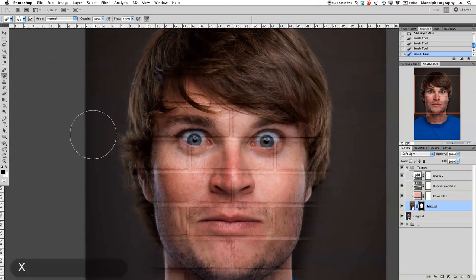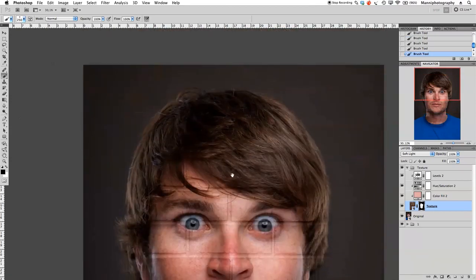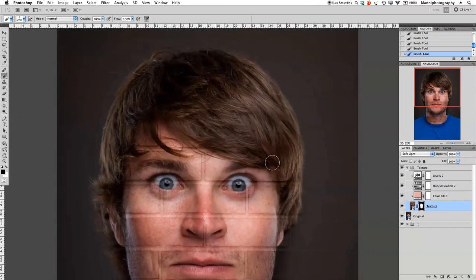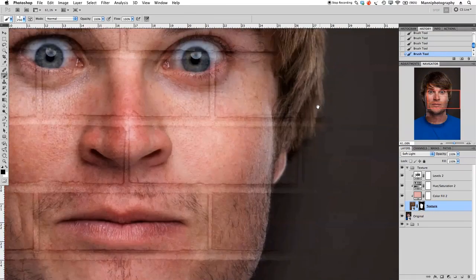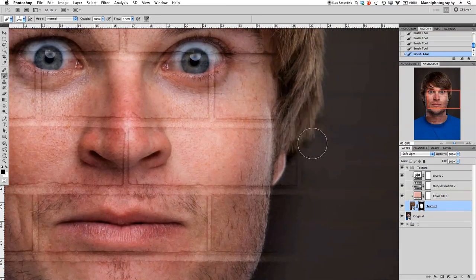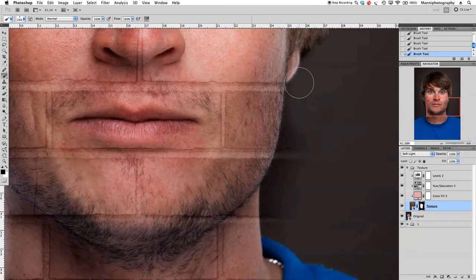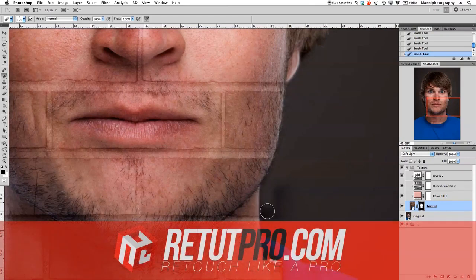Okay, so my next step is again now to fine tune and tweak my mask over here. So press X again, black foreground color, and I'm also just going to paint out really roughly the areas on the hair that I don't want to apply the texture. I'm just going to zoom in a little bit closer. Also over here a little bit. And over his ear, and obviously on the background I don't want to apply this texture to the background at all, so just going to make my brush a little bit smaller,